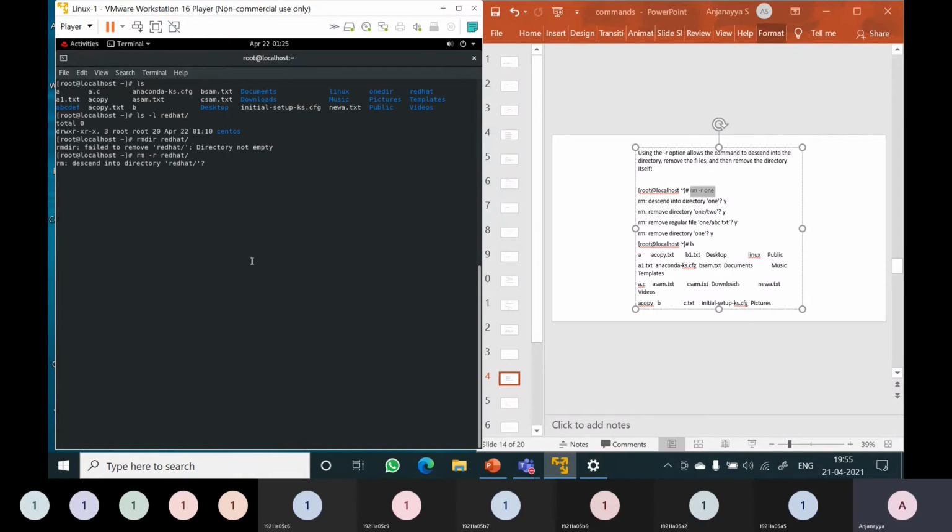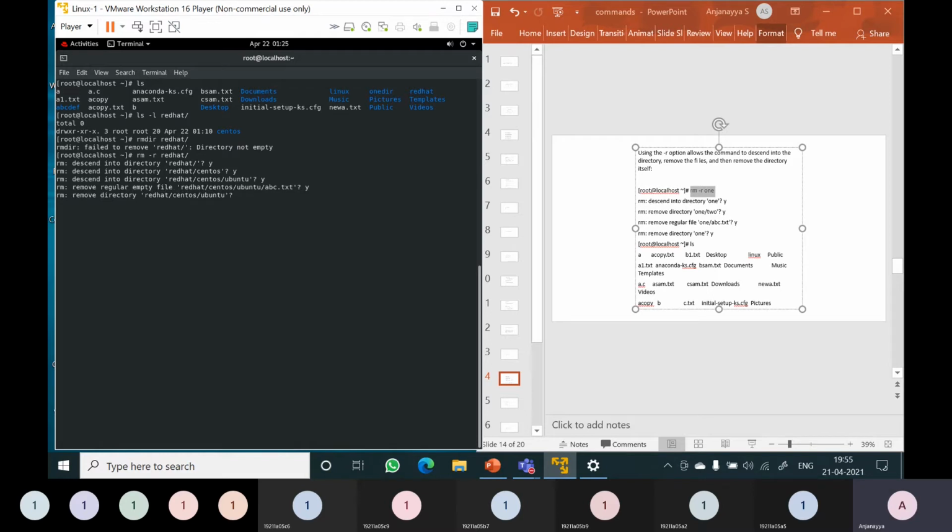Now it asks: descend into directory Red Hat? Yes. Y means yes. Now descend into the directory CentOS? Yes. Now CentOS is containing Ubuntu. Descend into Ubuntu? Yes. Now Ubuntu is containing abc.txt. Do you want to remove abc.txt? Yes.